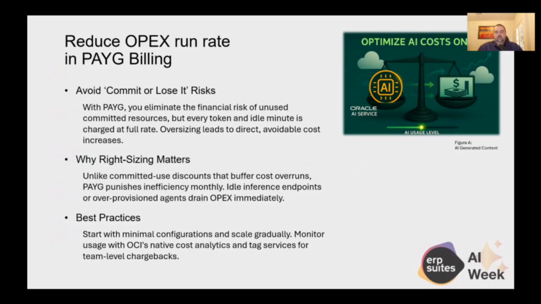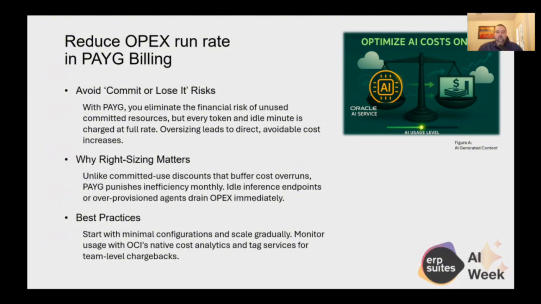If you're not using it, you're still being billed for it. That's the bottom line. That's true for pretty much any service in OCI. If you stop it, in most cases, you're only going to pay for the storage that you've used. So if you upload a terabyte of data to the system and you're not using the database and you shut